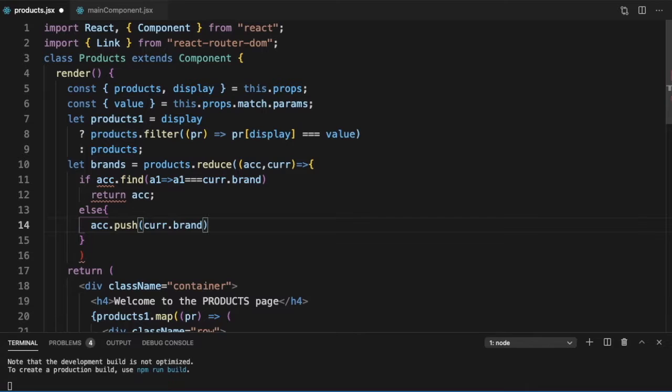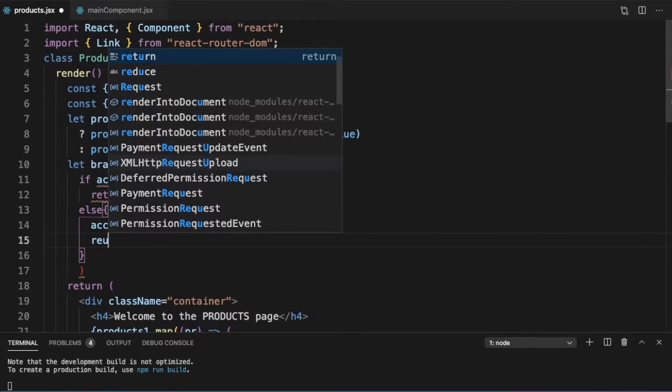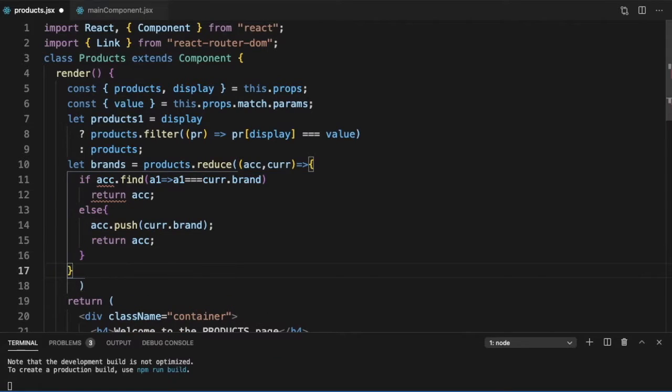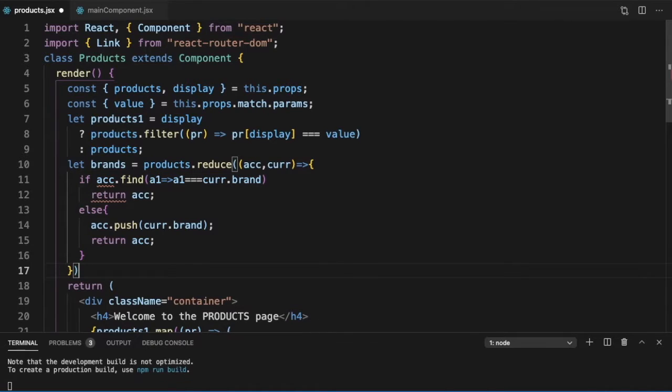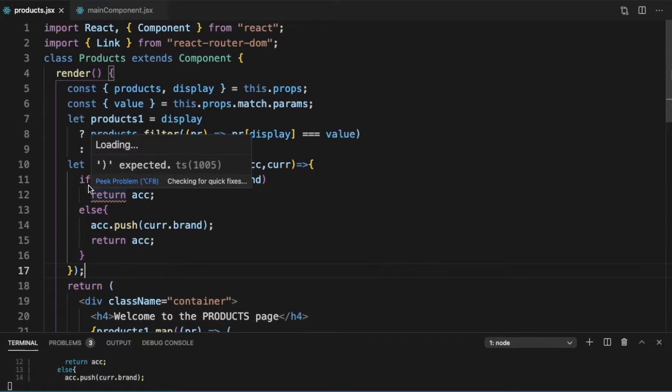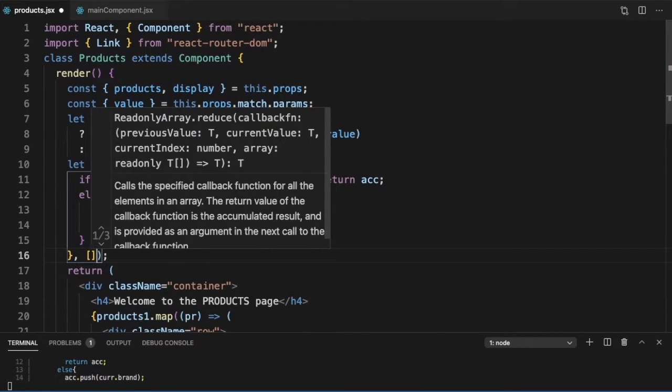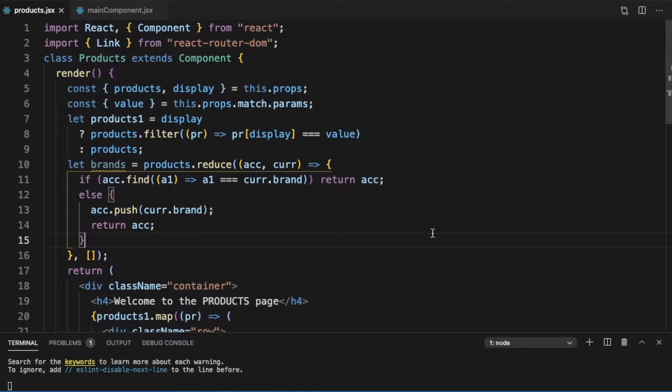That means we have seen a new brand, and we will return ACC. So let me just put the bracketing here. And what will be the initial value? The initial value is an empty array. So we can define brands using this format.